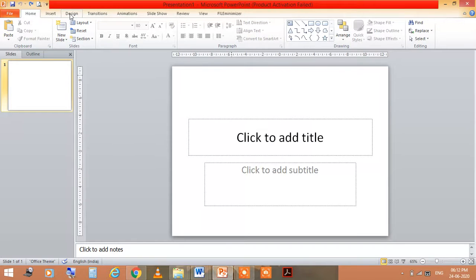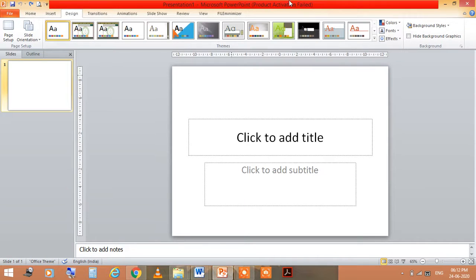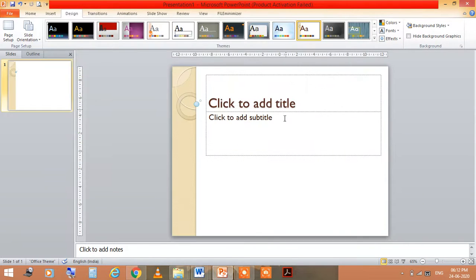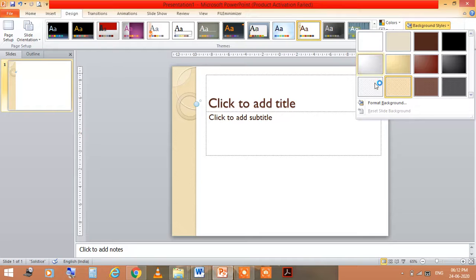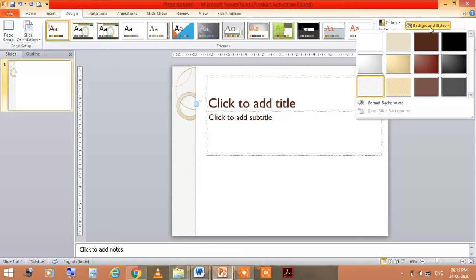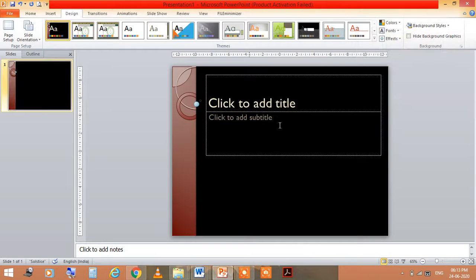Go to the option Design, and you select any of the designs like this. From this you can also select the background style. If you select this type of background, it looks like this, or if you select this, like this.